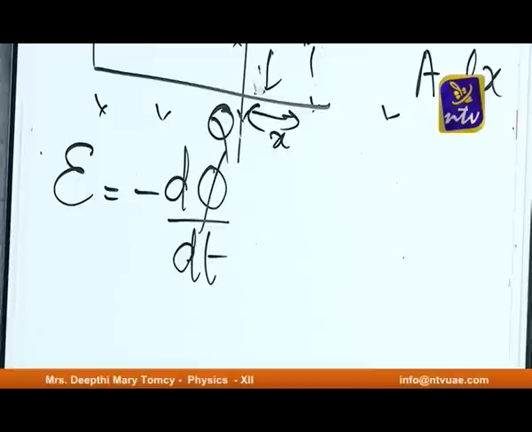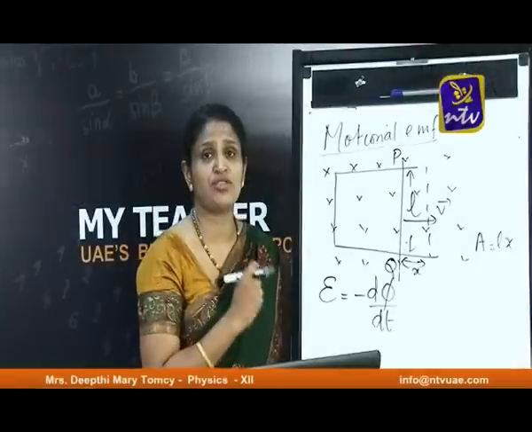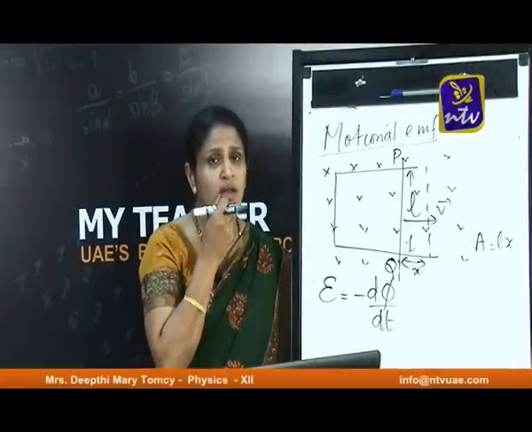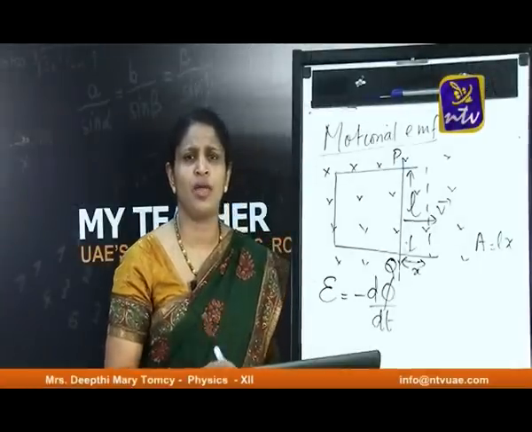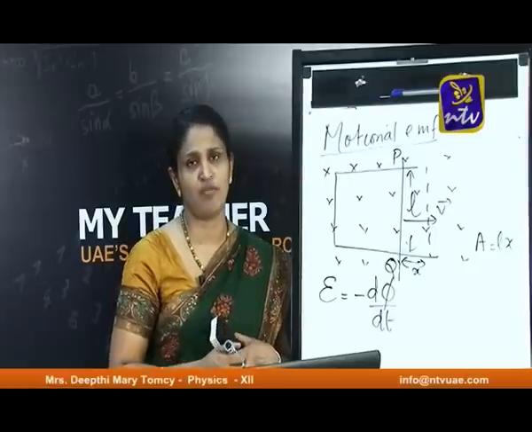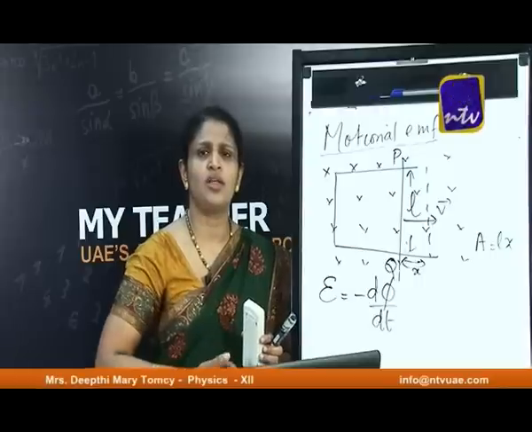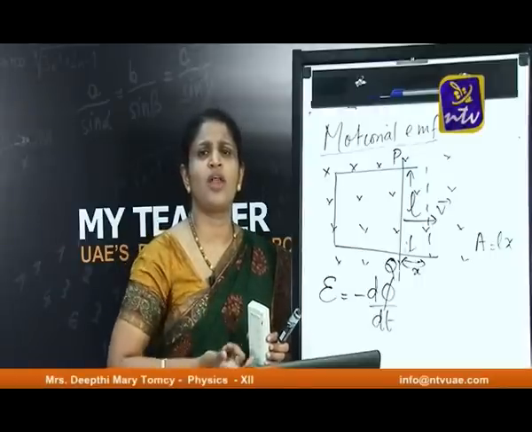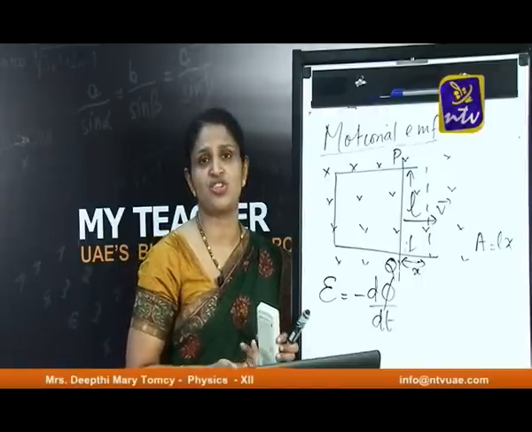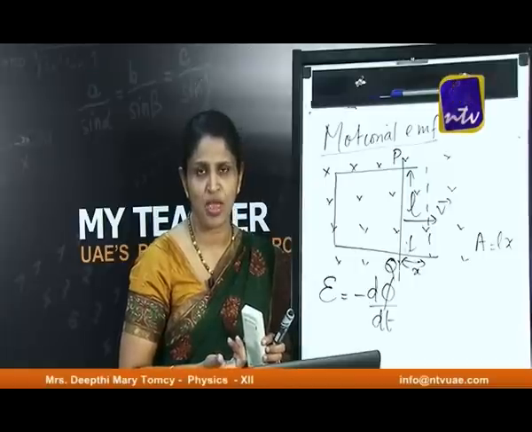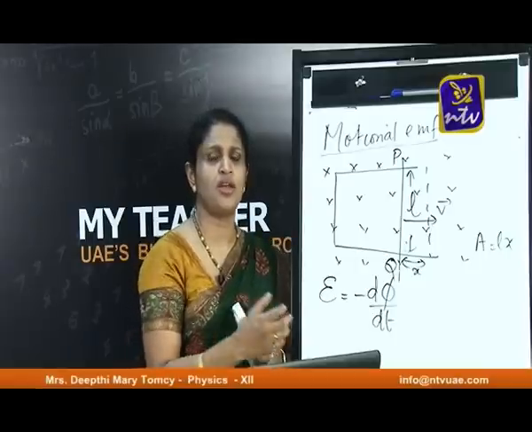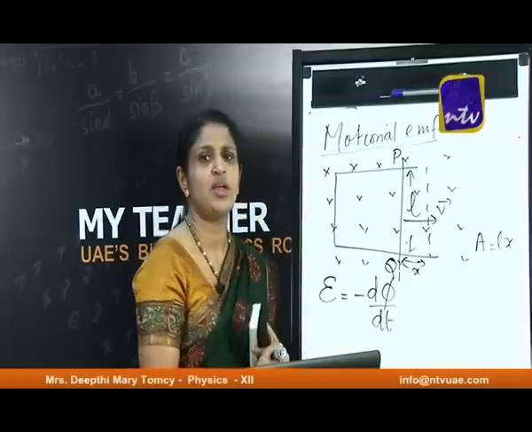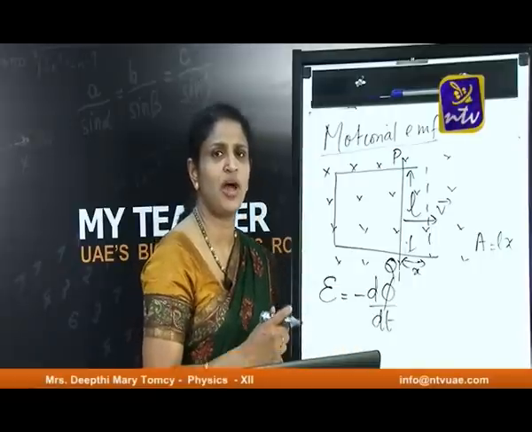Faraday has designed two laws for explaining electromagnetic induction. The first law says that there is an induced EMF developed only if there is a change in magnetic flux, or in other words, this inducing of current will be there as long as there is a change in magnetic flux. The second law gives the measurement of EMF, and it tells you that EMF is equal to d phi by dt.